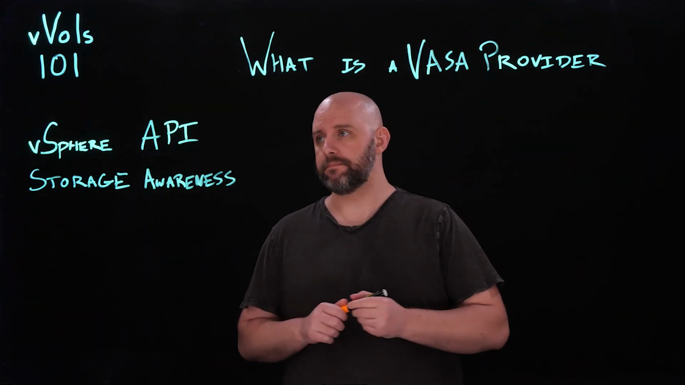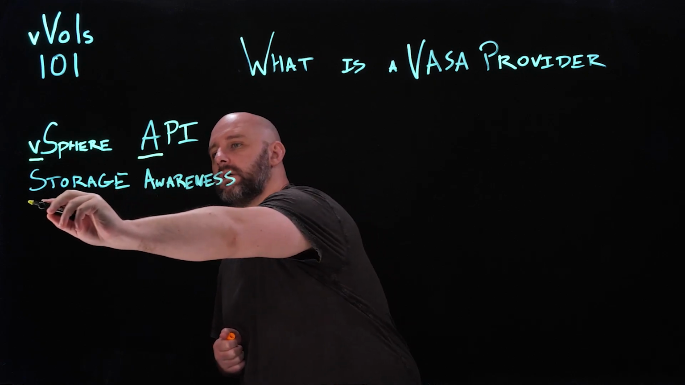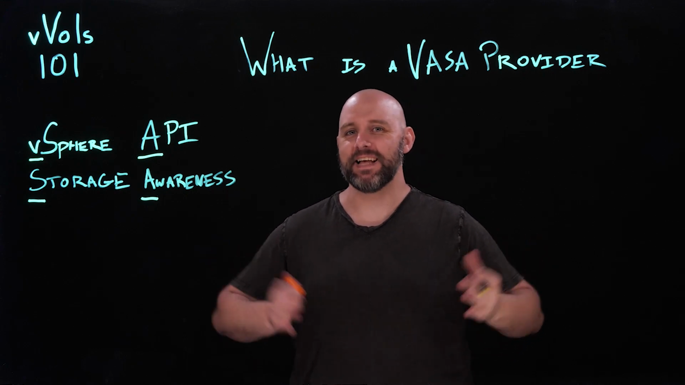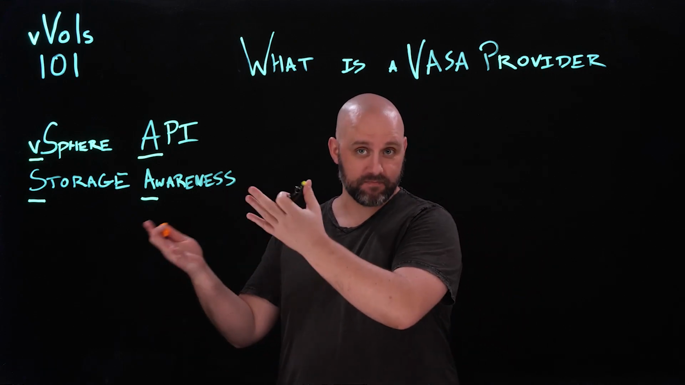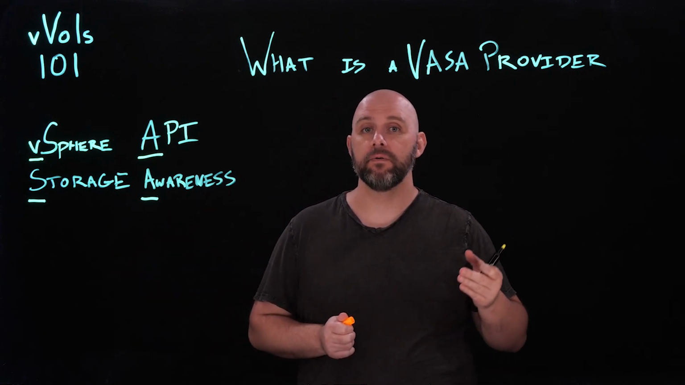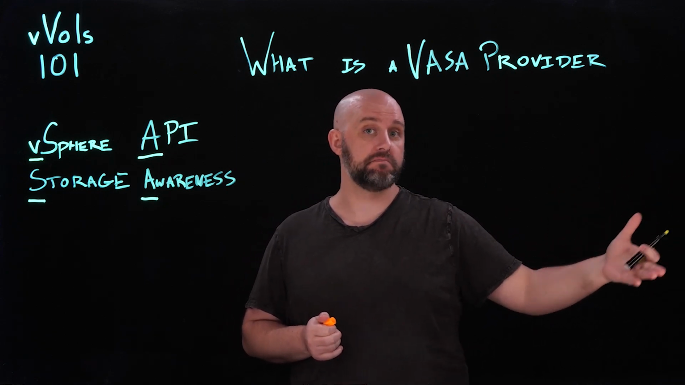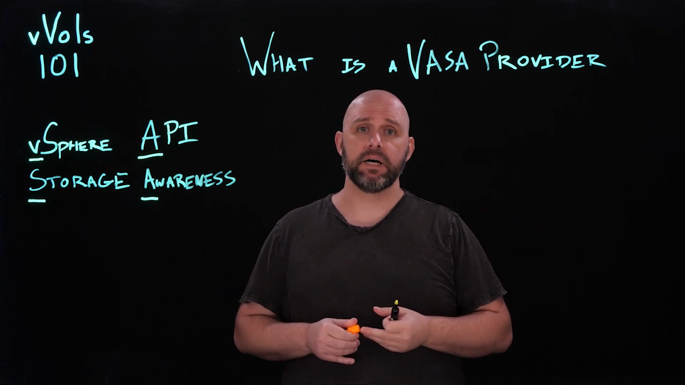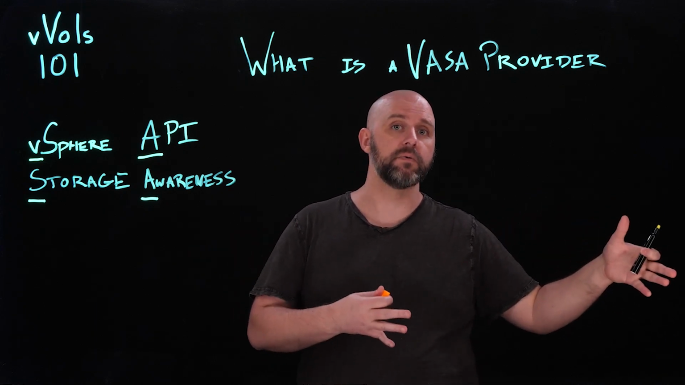So what is VASA? VASA is the vSphere API for storage awareness. What that actually is, is a spec, essentially a suite of APIs, where vSphere is able to communicate to a storage vendor that supports those APIs. Primarily, this is for vVols today, and this is how vSphere is able to communicate to the storage array to